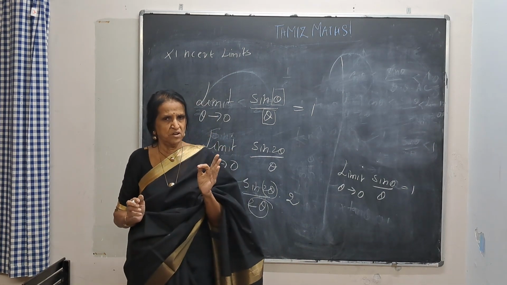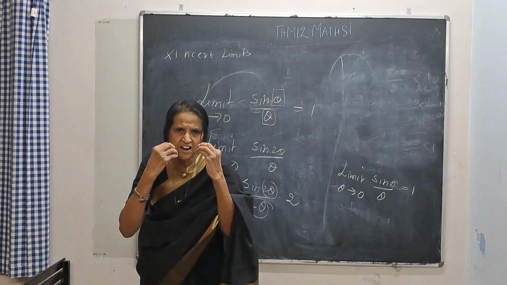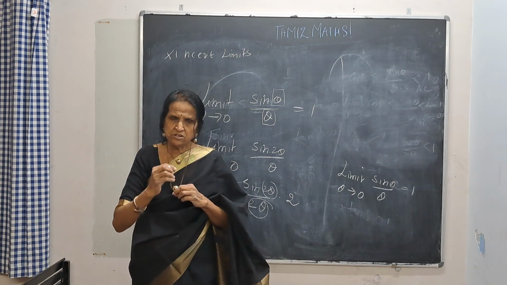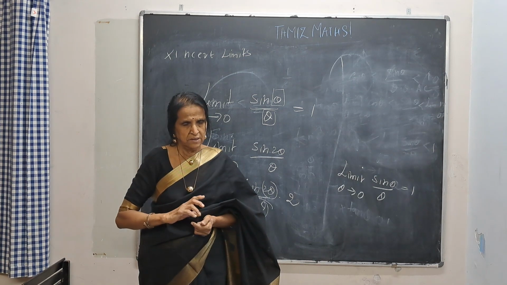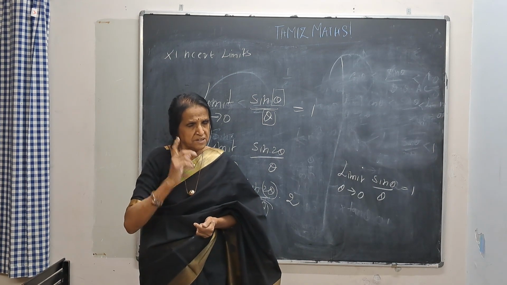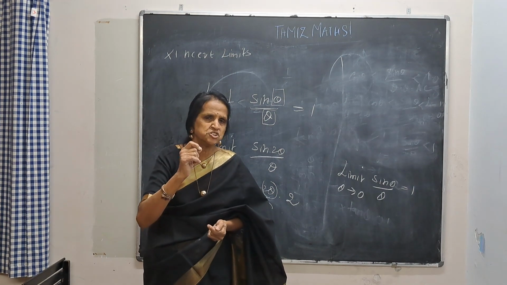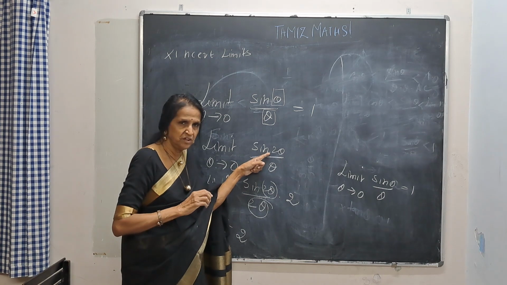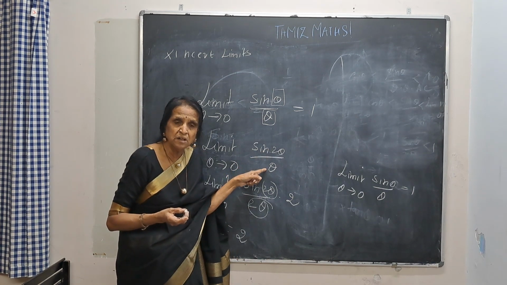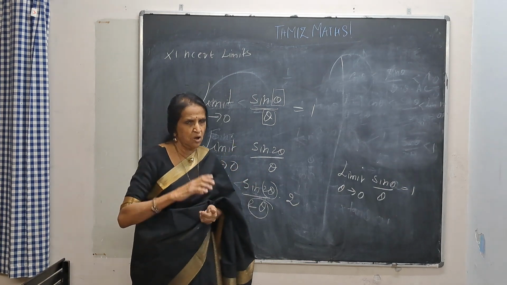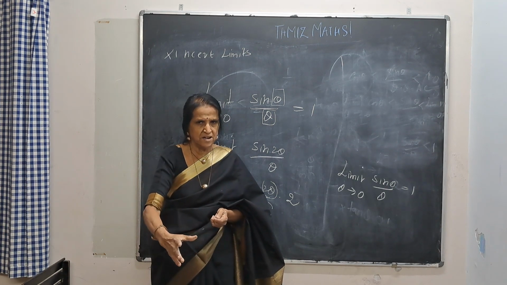Then I have derived a formula for you. A very important formula, the starting formula. It's like putting your foot in front before you run. Limit of sin theta by theta, theta tending to 0 will be 1. And there's a rhythm I told you, a musical beat, and you should not go wrong in that beat. What is that musical beat here? Whatever I have here, same thing should come here for you to have the limit as 1. So all this is registered in your mind. Any problem given in limit, you can get it right without any doubt.